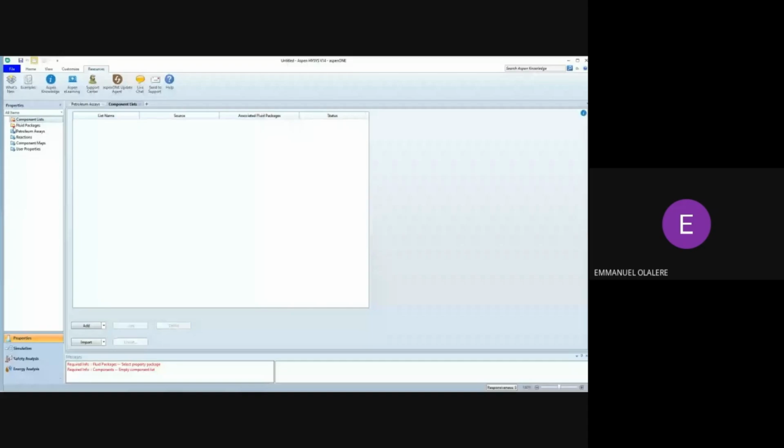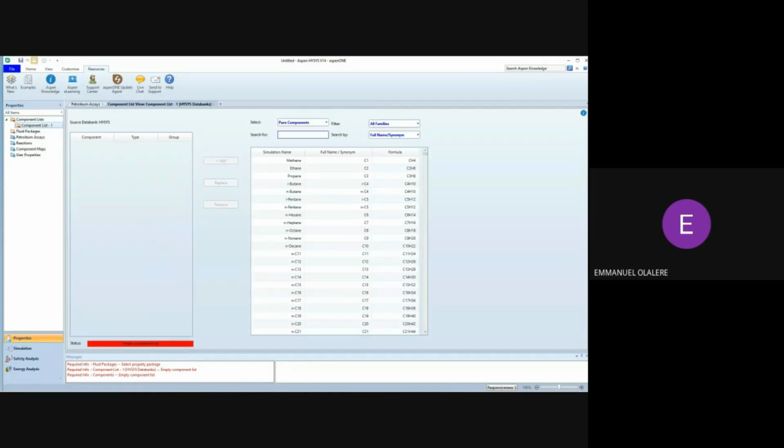All right, so component list. So we have it here. Then we go to add over here, down here. So we click on add. And after that, you have a lot of components over here. Look at it. You have a lot of components. So you are going to list out the components you are going to be dealing with. So from our question, the components we are dealing with are,